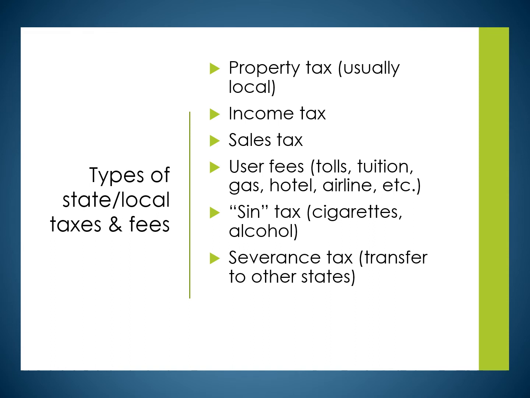There are severance taxes. Those are taxes that are transferred to other states and to companies that take things out of Ohio that are hard to replace. So for example, let's say a coal mining company comes in from another state and decides to mine our coal. They would be charged a very high severance tax on that, basically to make up to the state of Ohio the fact that they're taking a resource that can't be replaced.